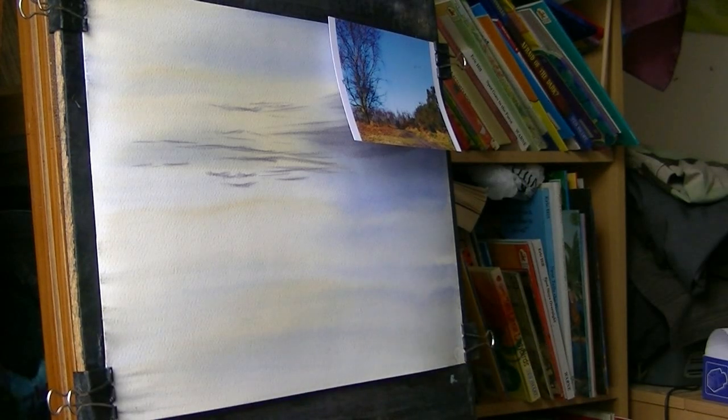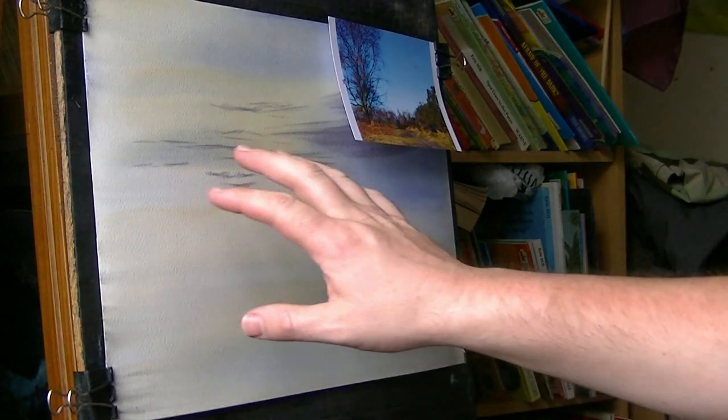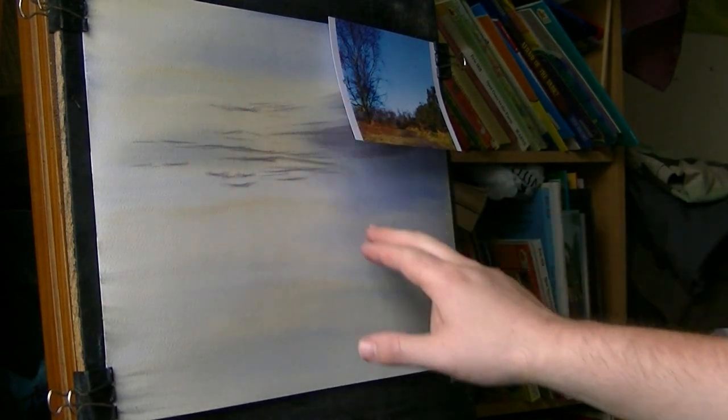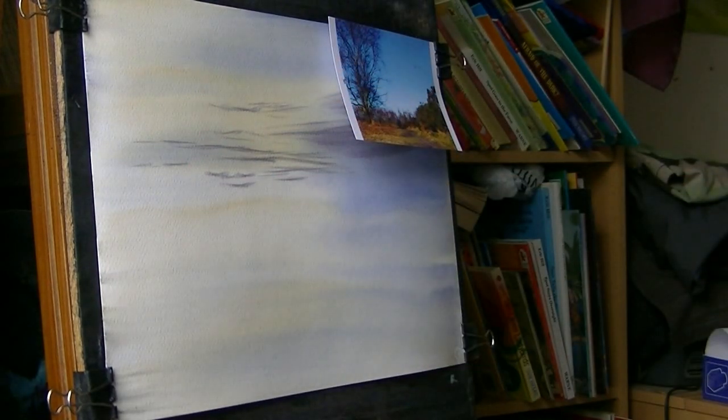Can see what I'm doing. But you can see, by wetting it all first, you can see how it all blends together and you don't get any hard edges, especially with these blues and raw sienna. It's all blended nicely together. So, next thing I'm going to do,